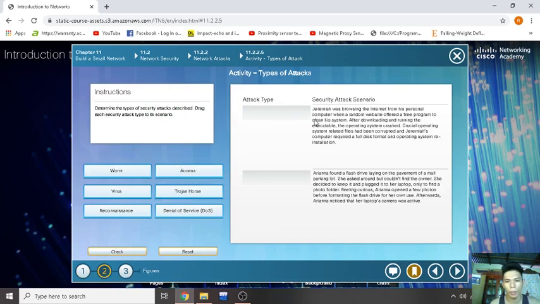Jeremiah was browsing the internet from his personal computer when a random website offered a free program to clean his system. After downloading and running the executable, the operating system crashed. Crucial operating system related files were corrupted, and Jeremiah's computer required a full disk format and operating system reinstallation. So this attack is a virus. That's why when you see a free offer program, you should not click or install it on your